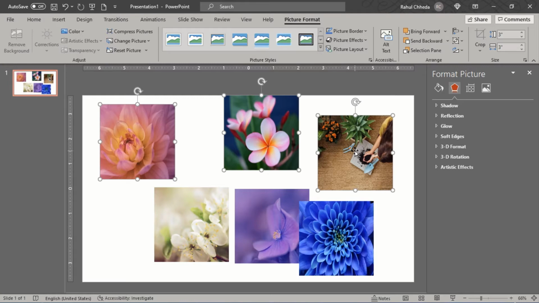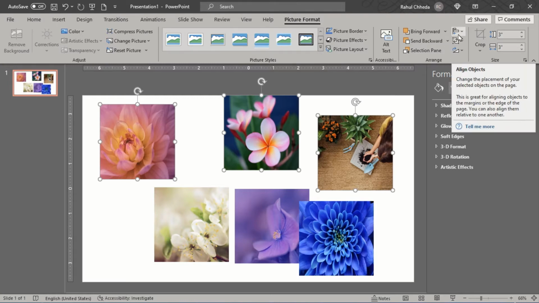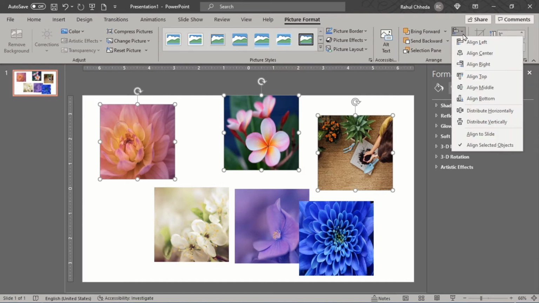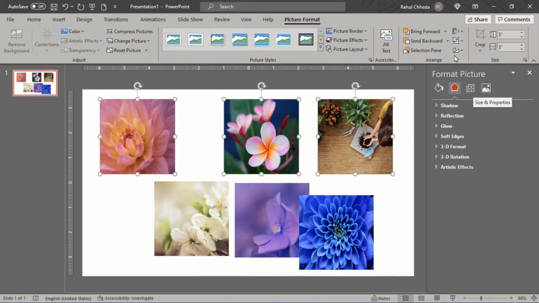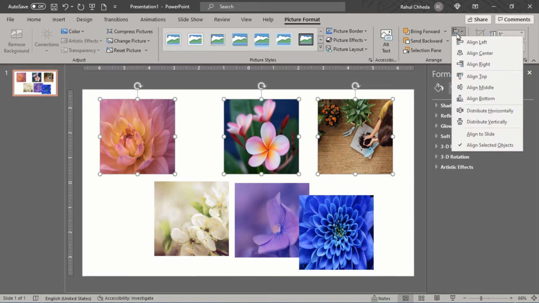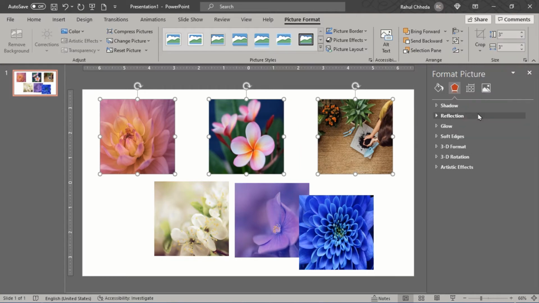Now the next thing, we go to Picture Format, and on the right side we see an Align Objects option. First we are going to select Align Middle, and then we'll select Distribute Horizontally. This option will make the gaps between all the images the same.